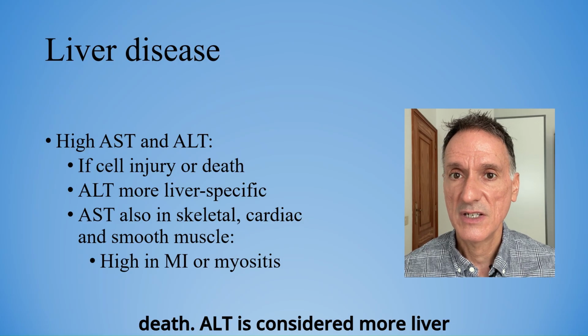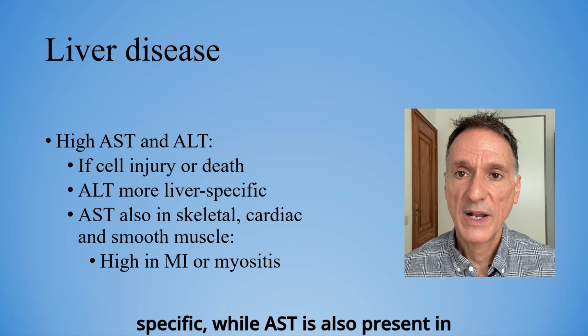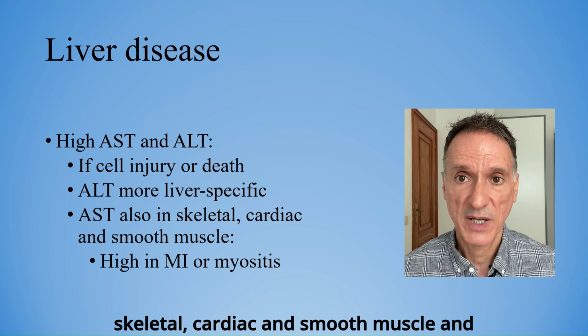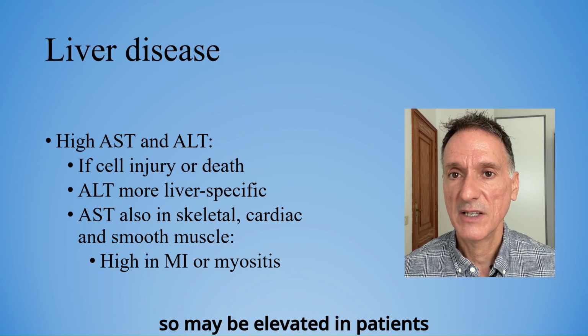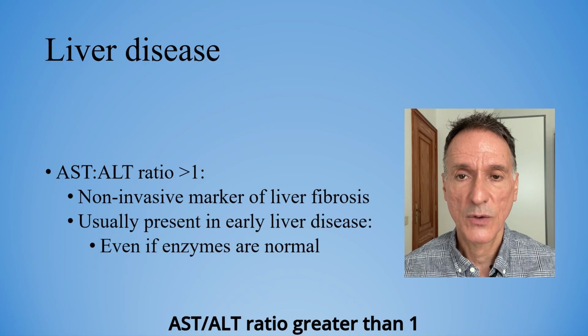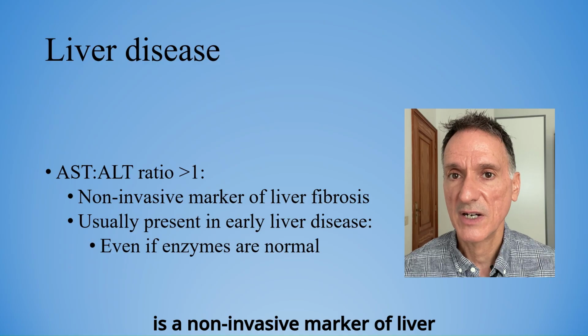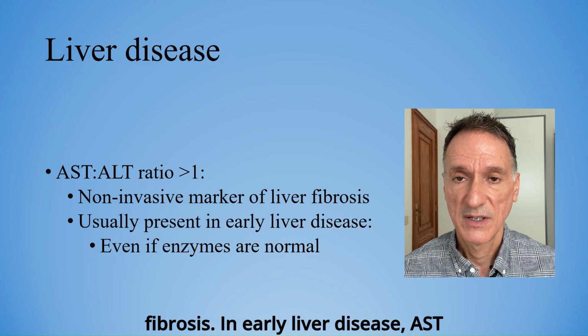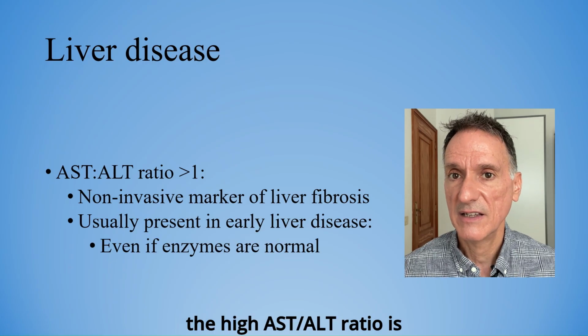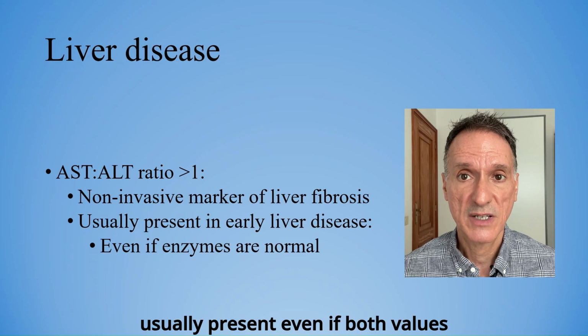ALT is considered more liver-specific, while AST is also present in skeletal, cardiac and smooth muscle, and so may be elevated in patients with an MI or myositis. An AST-ALT ratio greater than 1 is a non-invasive marker of liver fibrosis. In early liver disease, AST and ALT can be normal, but the high AST-ALT ratio is usually present even if